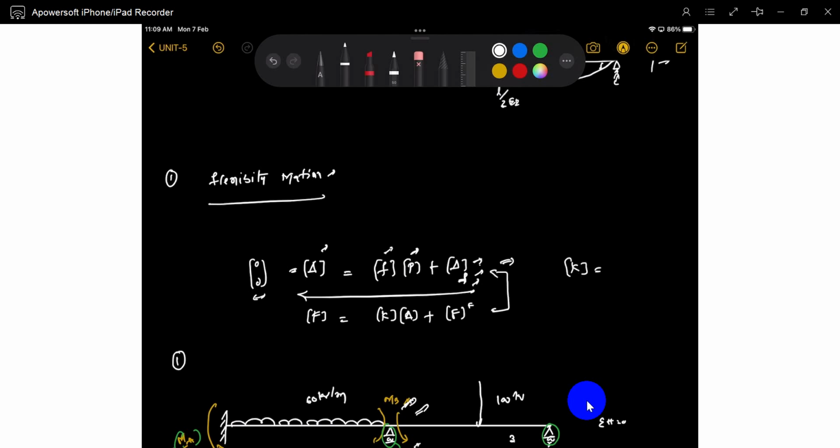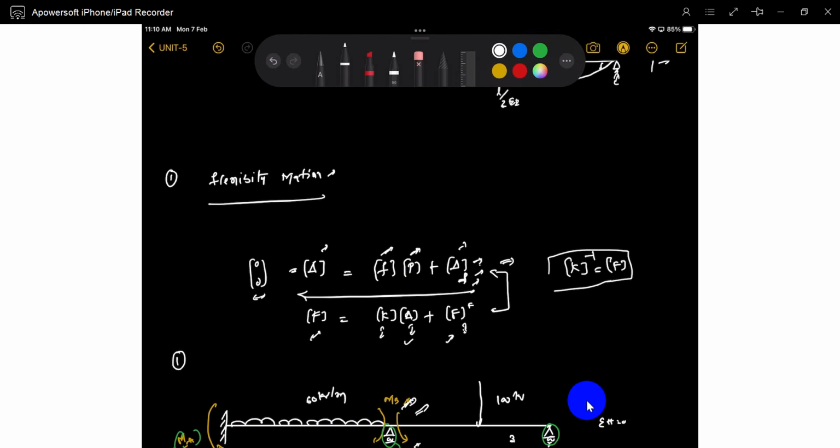The inverse of the stiffness matrix is the flexibility matrix. Exactly opposite. Here is a fixed, here is a free. The unknown forces, unknown deformations. So these are the final. So these two complement each other